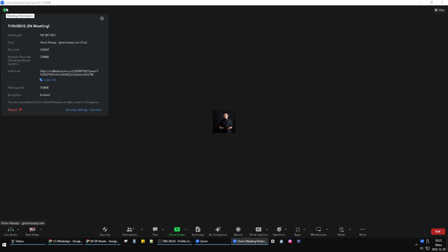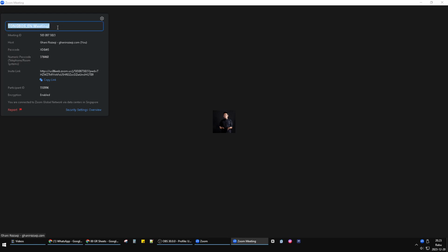As you can see here, you have the icon of a shield with a green check. It's really small, on the top left corner of your screen. You just click this, and then you can change or rename your meeting here. My meeting name, and then I can change it as I wish. For example, I will change it into I wish I could do it better, or